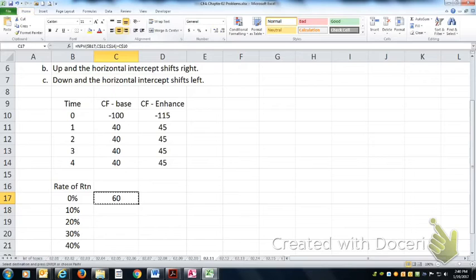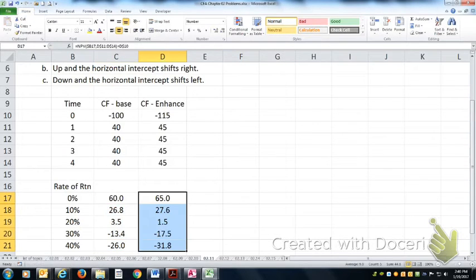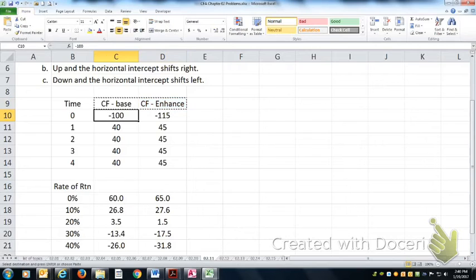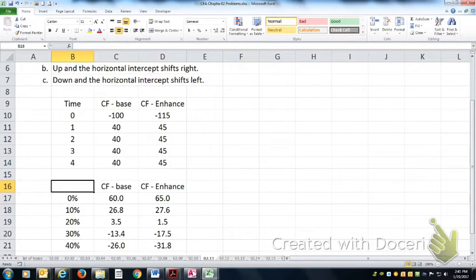So at 0%, this is worth $160, all right, because its present value and its nominal value are the same. So 160 minus 100 gives you 60, and then I'll just take that up with all these different rates. I'm going to just show one decimal place. With the enhancements, what we see is a slightly different profile. Alright, so if I graph this